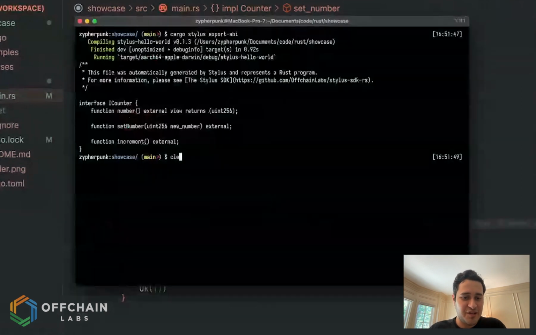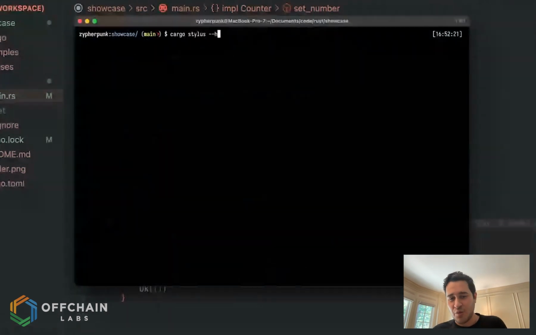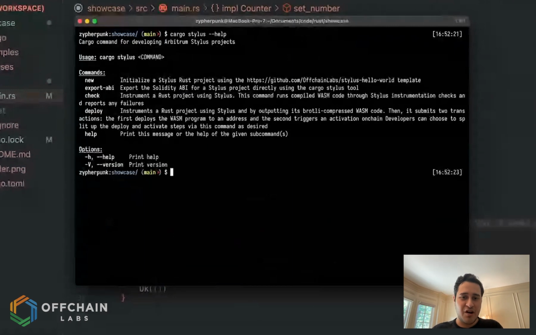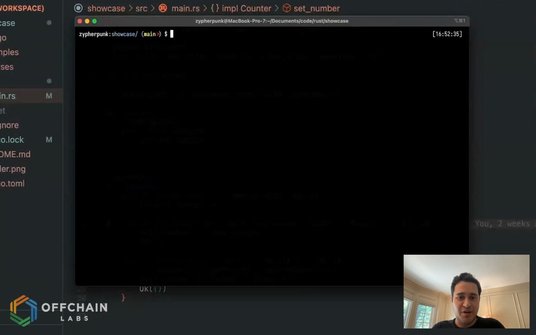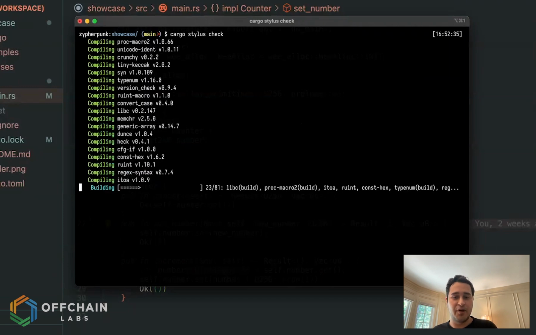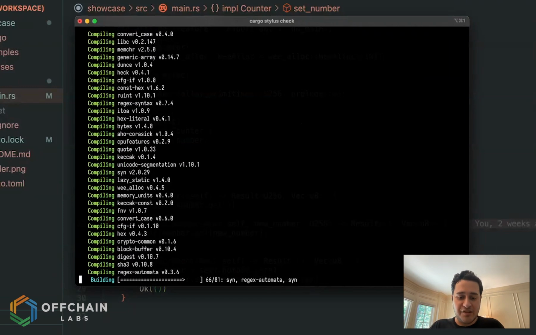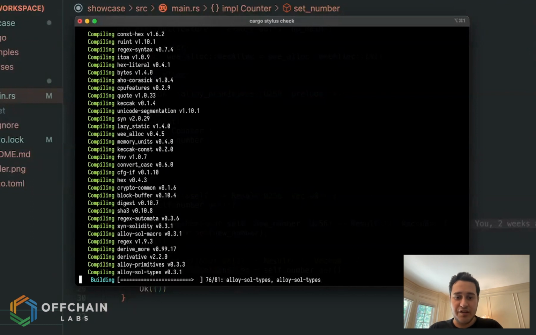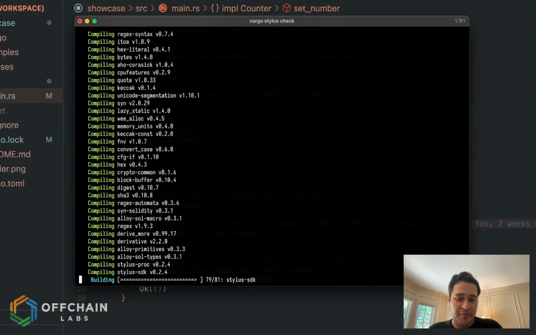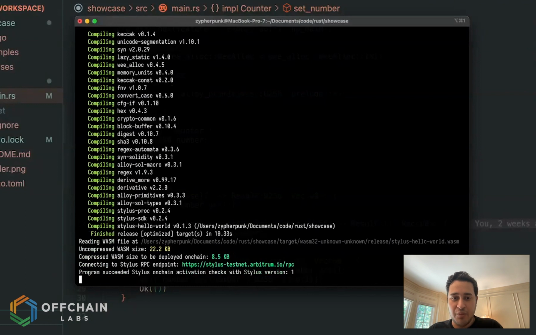So this all looks great, but how do I make sure that this actually works? And moreover, how do I actually deploy it on chain? So the Cargo Stylus tool comes with a bunch of utilities to make this easy for you. One of them is the ability to obviously initialize a project and export the ABI, but you also get access to being able to verify that your program works and that it can be deployed on chain. So we get access to this really nice command called Cargo Stylus check. This command will actually build your project to WebAssembly, and it's going to actually check that it will succeed a